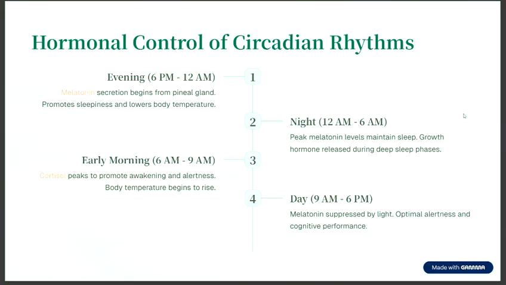So one more thing that you should understand here is the Zeitgebers. What are Zeitgebers? These are external cues that our body receives. The literal meaning of Zeitgeber is time giver in German, and the strongest Zeitgeber is light. That's why staring at your phone at 2 a.m. tricks your brain into thinking it's daytime. Other Zeitgebers include food, temperature, and even social activities.